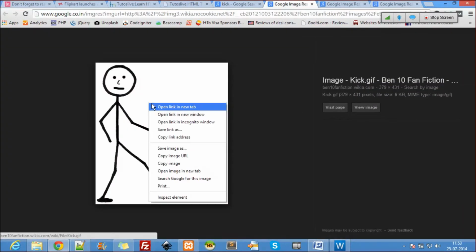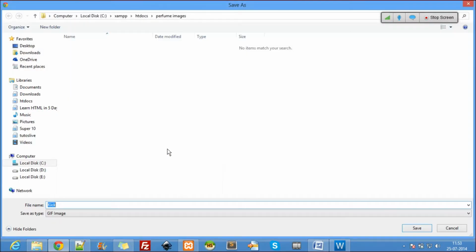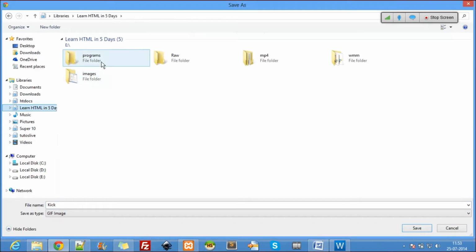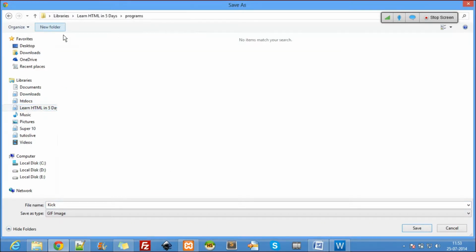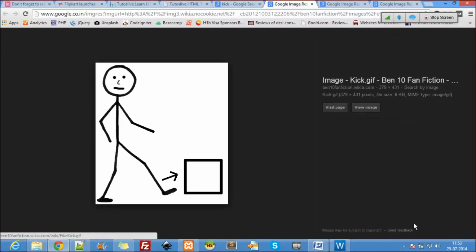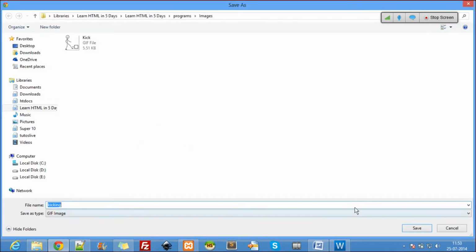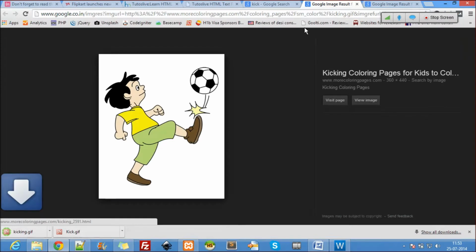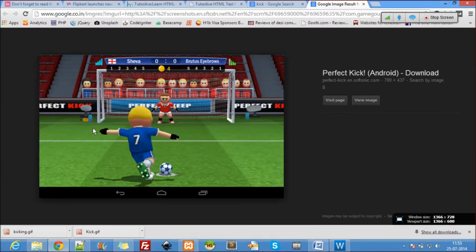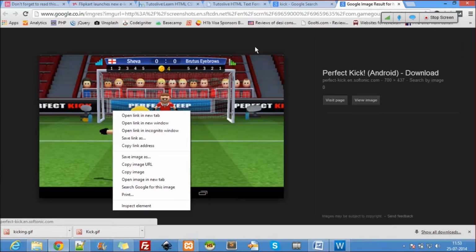Let me save this, save image as. It's in programs. What I really do is put all the images in my images folder. Remember this, you are supposed to do this: save all your images in the images folder only. I'm going to save this too, and this too.